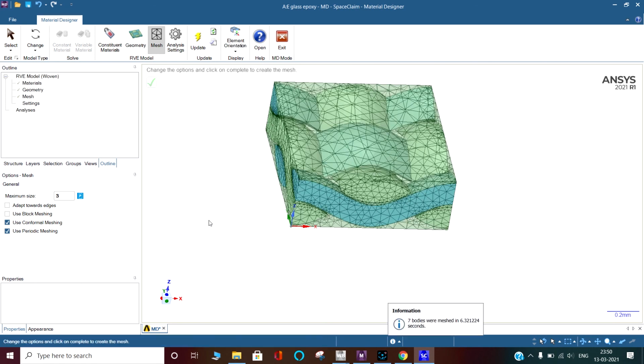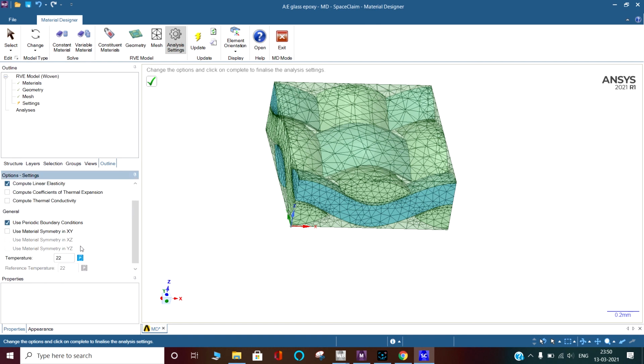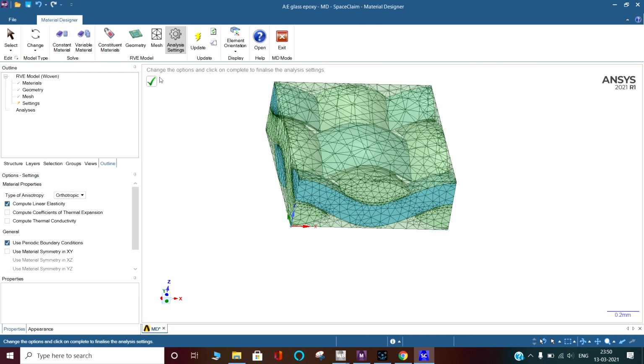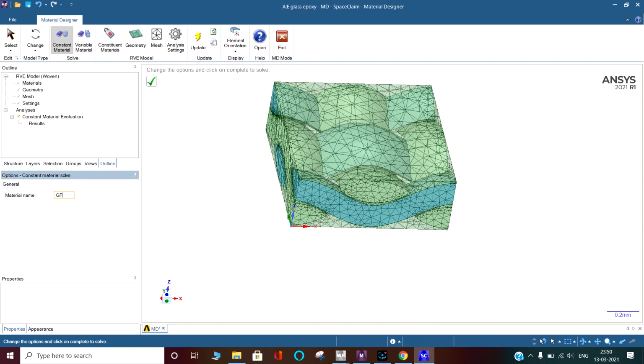Okay, 7 bodies were meshed in 6 seconds. Mesh has occurred. Now we go to the settings. In the settings we use the periodic boundary conditions. We are not interested in symmetries. So setting has been done. We go to analysis. For the constant material, we give the material name glass fiber epoxy woven,